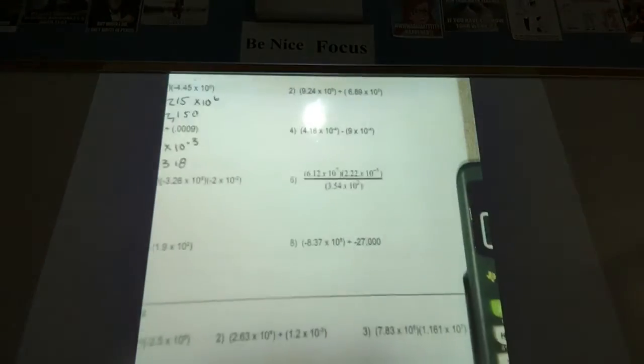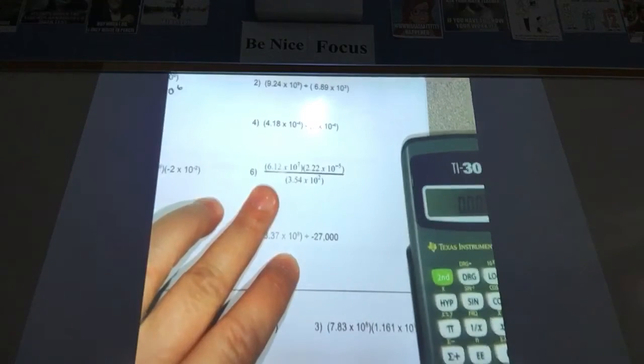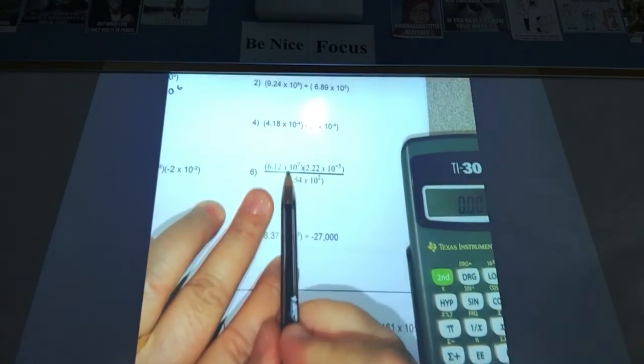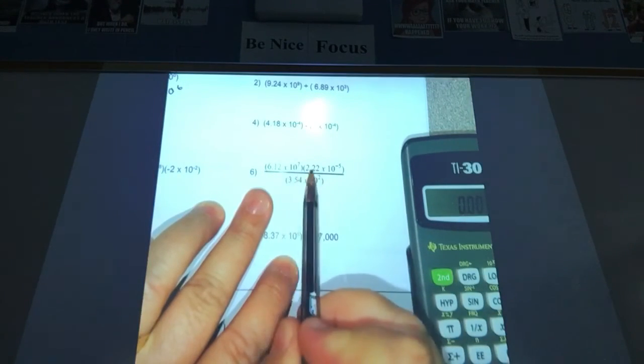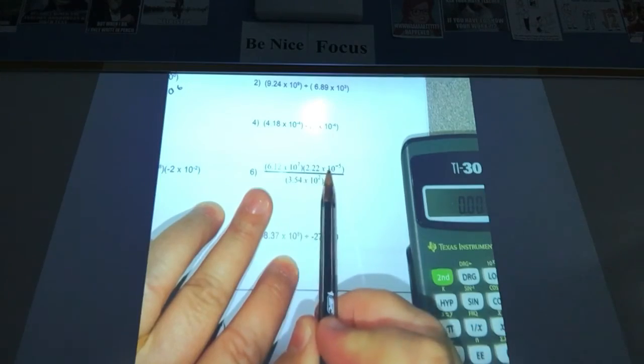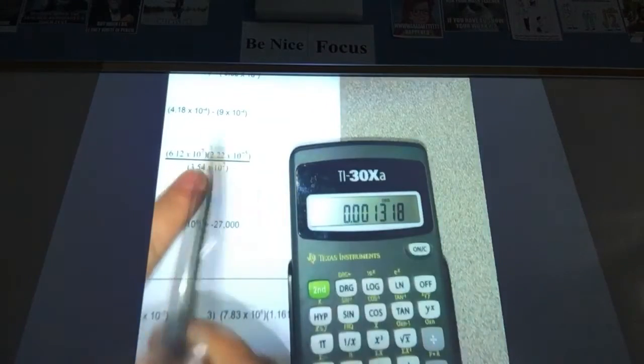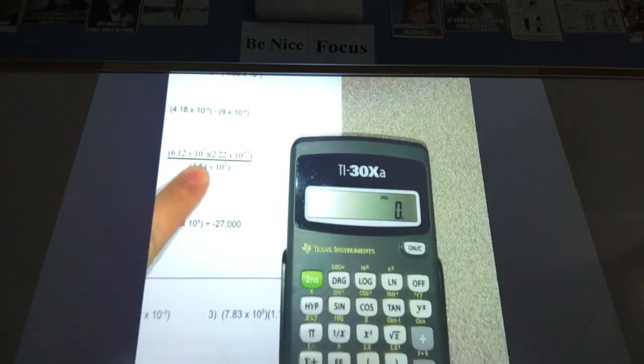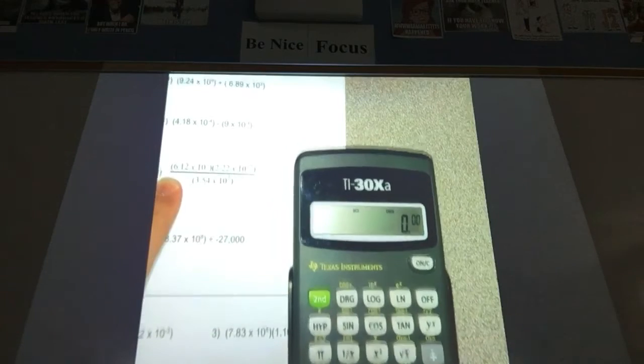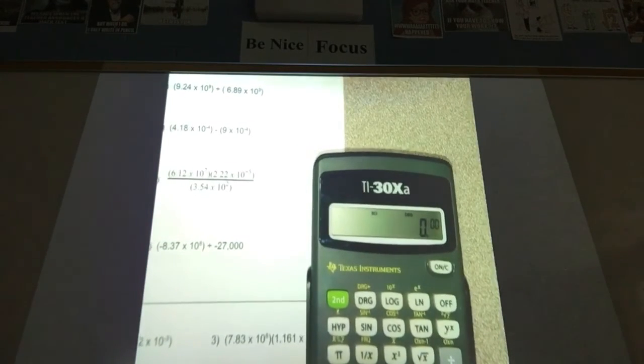Okay, let's do a division one. Now, on this one, number 6, look at this. The top isn't set yet. We have to first do multiplication, and then we can do the division. So, we're going to ignore the bottom, we're going to ignore the denominator, and just look at the numerator for right now. So, I want it to be in scientific notation, and I'm going to put, hope I haven't made too much glare there,